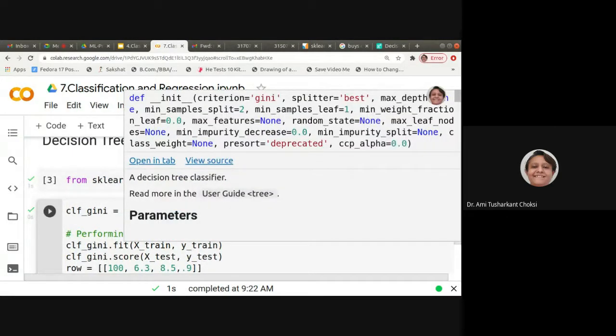Then minimum samples split, minimum samples leaf, minimum weight fraction, maximum features, random state, minimum impurity split, presort, whatever are the parameters you can use, right?